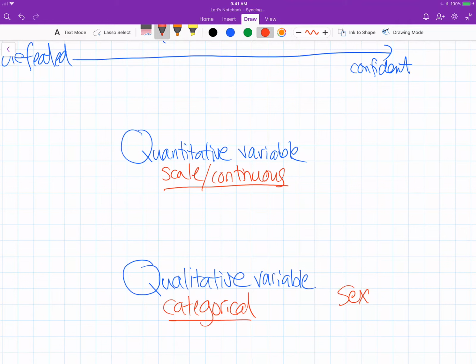So if you have male and female, and we have two different sides of the room or whatever, and we can split people up based on those categories, then we would be able to put people in those little bunches. Another common qualitative or categorical variable is race ethnicity,